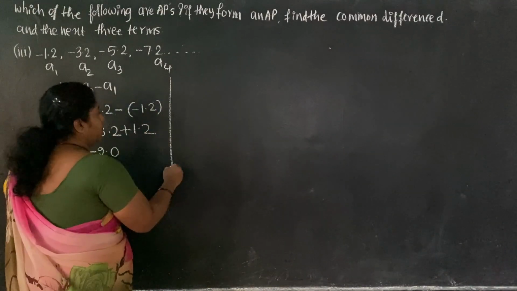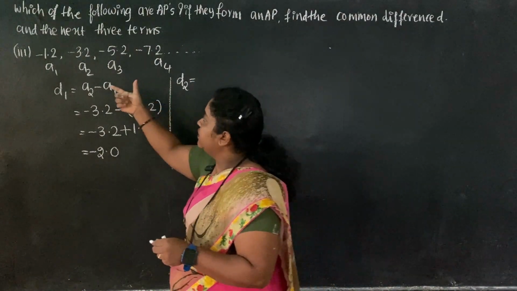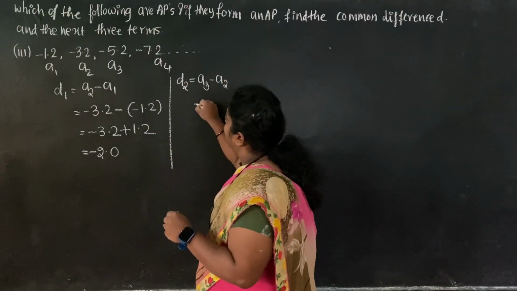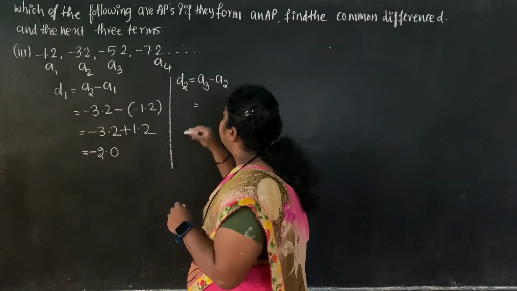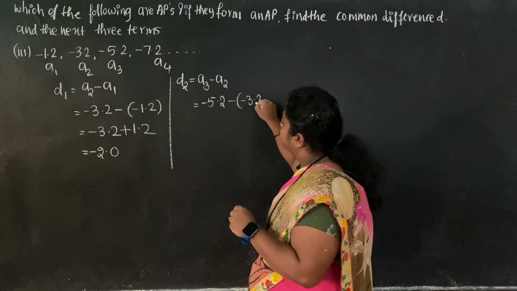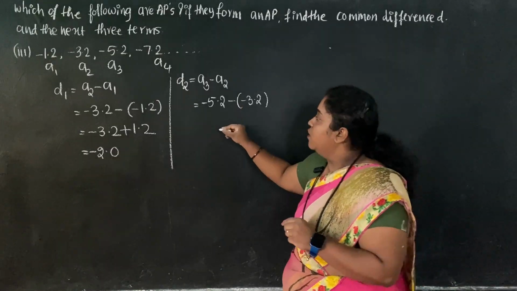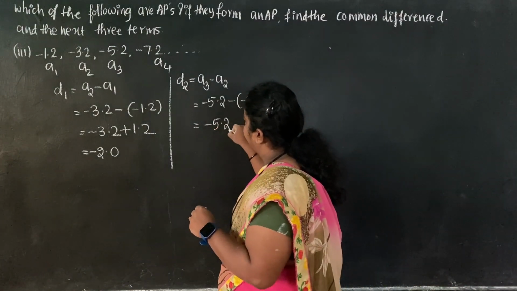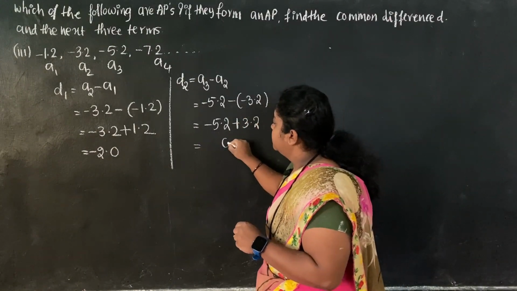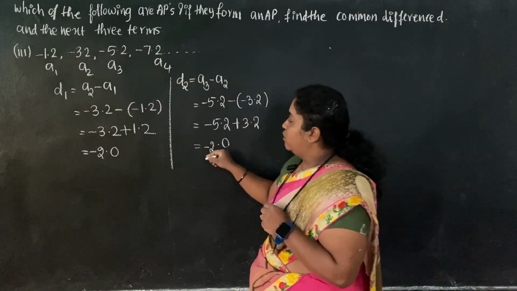Next, let me calculate the D2 value. You know that D2 is nothing but the difference between the second pair, that is D2 is equal to A3 minus A2. What is there in A3 place? In A3 place I have minus 5.2 and A2 is how much, dears? Minus 3.2. Do not forget to separate out the signs. Understanding, this negative is different from this negative. So see here, I have minus 5.2 minus into minus plus 3.2. Subtract it: 2 minus 2, 0. 5 minus 3, 2. So the bigger number sign is negative. So what I have? D2 is equal to minus 2.